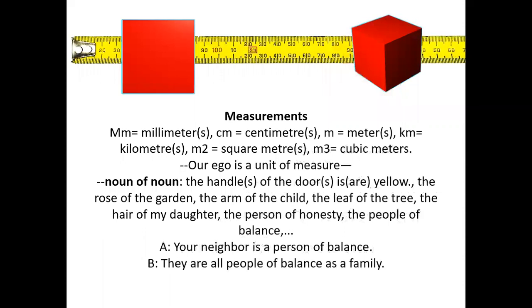Measurements. Measure something. mm millimeters, cm centimeters, m meters, km kilometers, m2 square meters, m3 cubic meters. Unit of measure, or unit of measurement, is also possible. Measurement is a noun form. Okay. Noun of noun